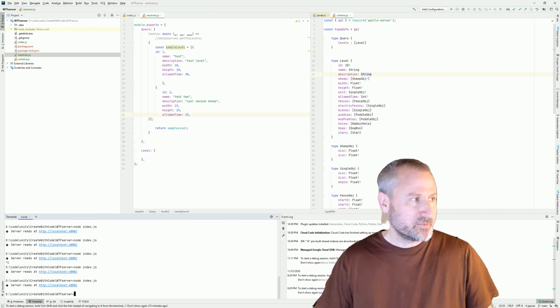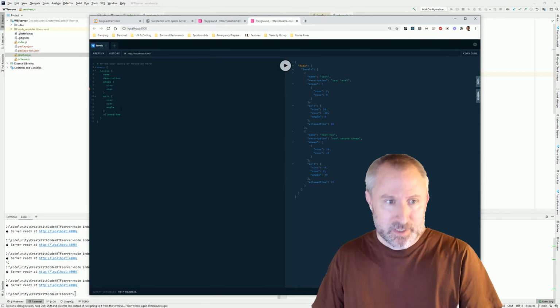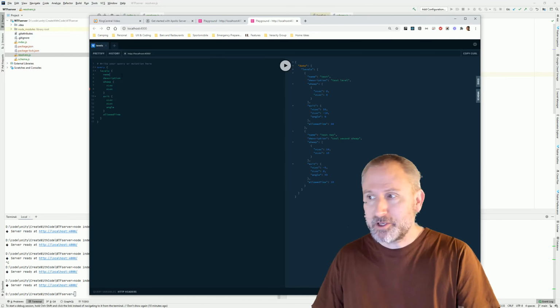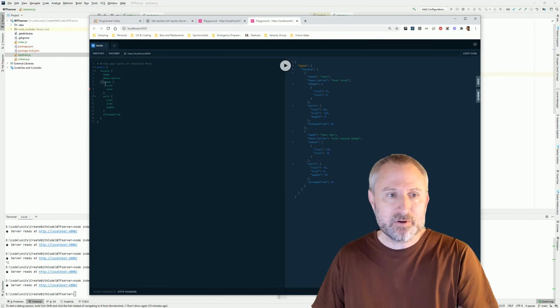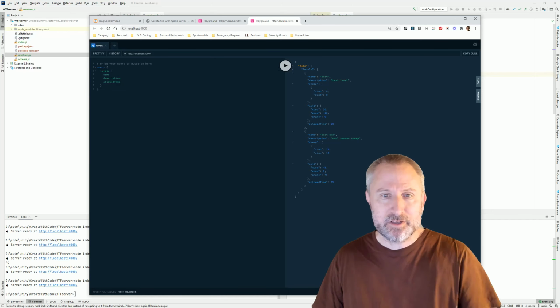you'll see something pretty cool. Give you some insight into what GraphQL is doing. If I just say for each sheep, all I want here is the name, description, and the allowed time,